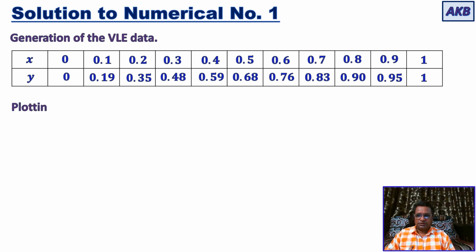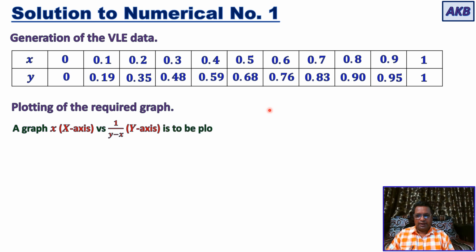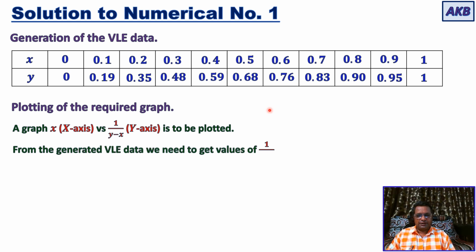Okay, so once xy data is ready with us, that completes step number 1. Now let us go to the next step. What is the next step? The next step is plotting of the required graph. Okay, so we are going to plot x on the x-axis and 1 upon y minus x on the y-axis. Okay, so from the generated VLE data,